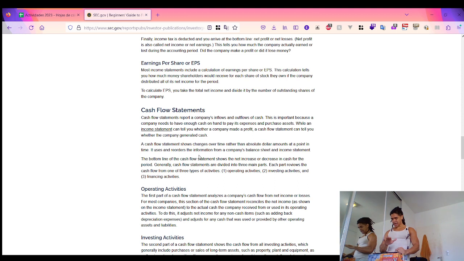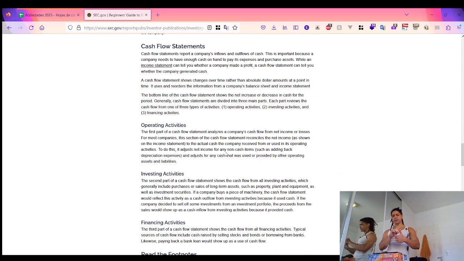The bottom line of the cash flow statement tells you the net increase or decrease of cash, and generally it is made of three main parts, and each part reviews cash from one of these activities: the operating activities, investing, and financing. So when I look at the operating activities, a new brave world opens up in front of me, because